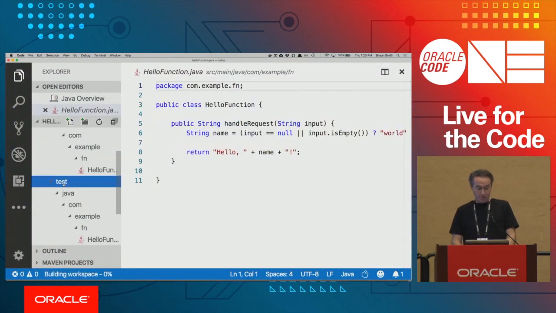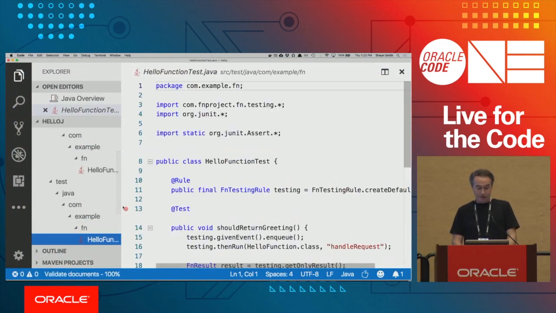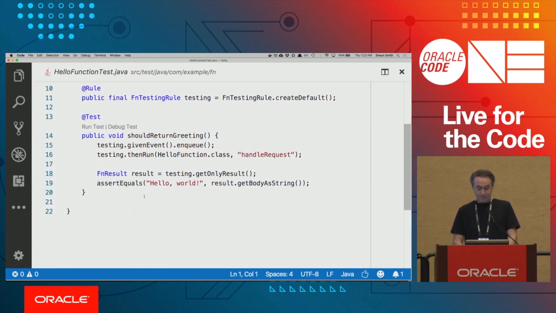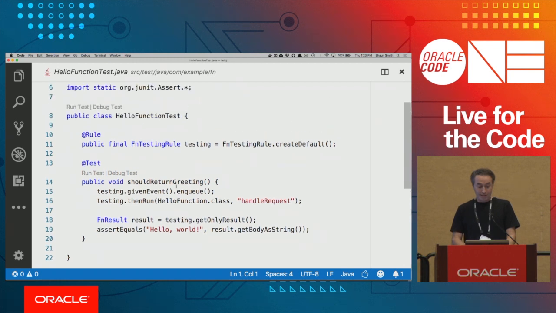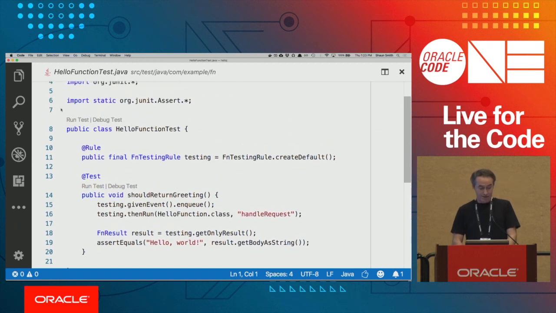The tests also look like normal JUnit tests. So I have a JUnit test here that was generated for me. I can create an instance of a function invocation. I can put some parameters on it. I can invoke the function. I can get the results back and do some assertions, right? Stuff you would normally expect to do. What's interesting about this is that, if I go back to the other class here.